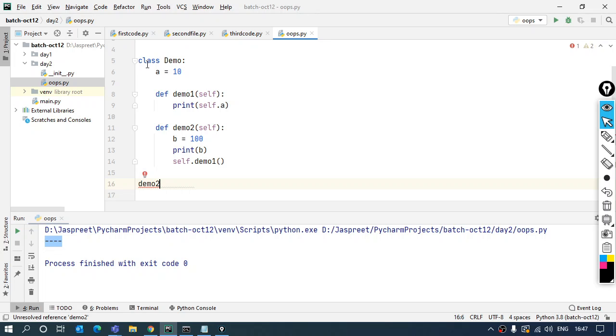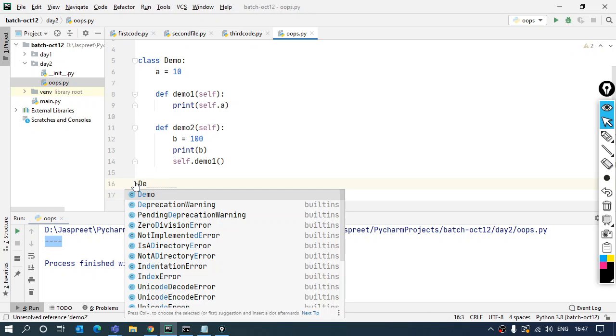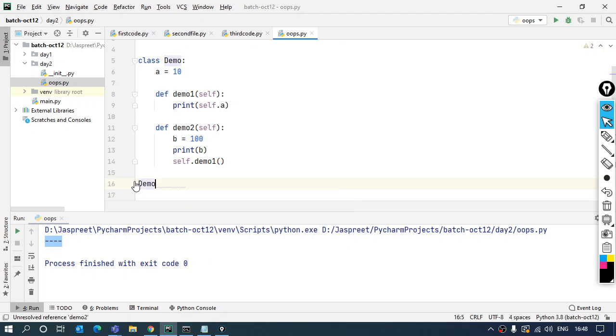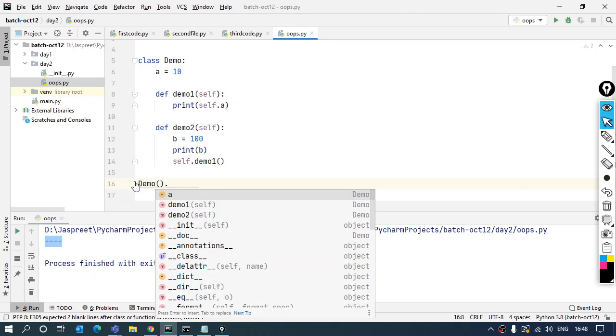Why is it so? Because the scope of the class starts from here, from line number 5, and it exists only till line number 14. If I try to access any of the class variables or functions, I won't be able to directly see it. The only way to see it is by creating the object. Now if I create the object of the class, that is demo, surrounded by a pair of parentheses, dot, as many variables and functions as I have, they all are going to come up over here.